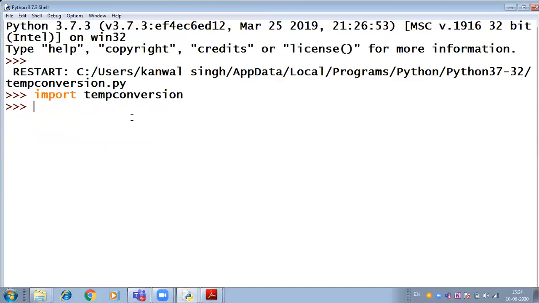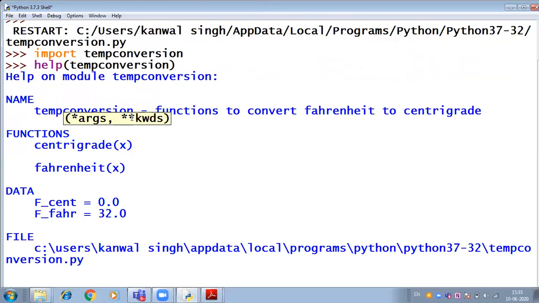Now, if you want to see what this module contains, how many functions it contains, and what the names of the functions are, then you have to use the help command. Write help and the name of the module in this way, and press enter.